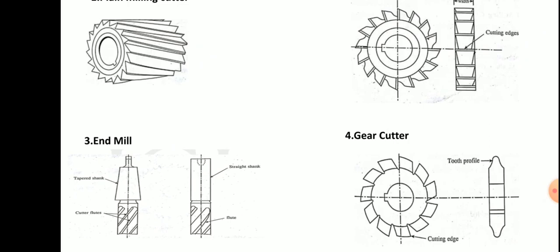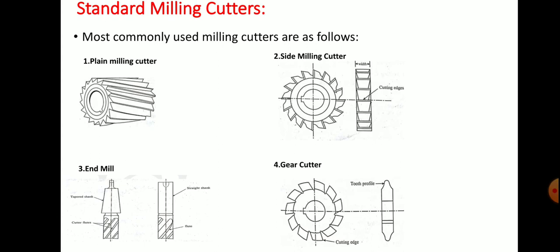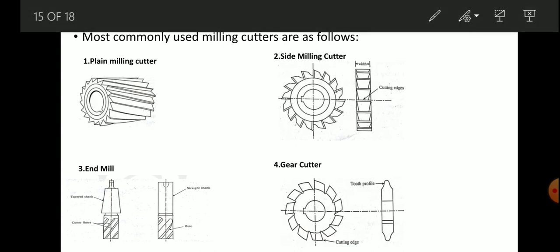Now let us see gear cutting. Here we can see a simple sketch of gear cutting tool. This cutter has a formed cutting edge, which produces the shape of teeth on the workpiece. The shape of cutter teeth may be involute or cycloidal depending upon the teeth profile. Different gear cutters are used for different pitches and numbers of teeth on the gears.